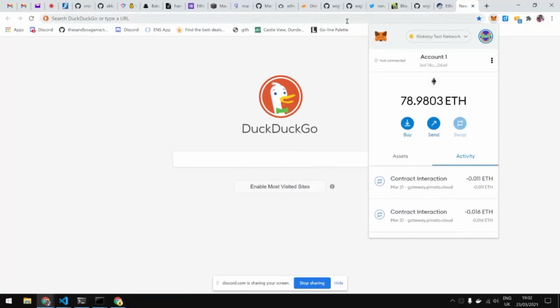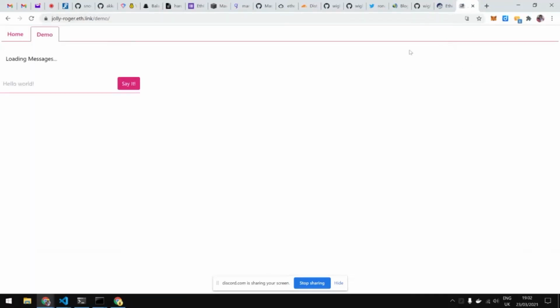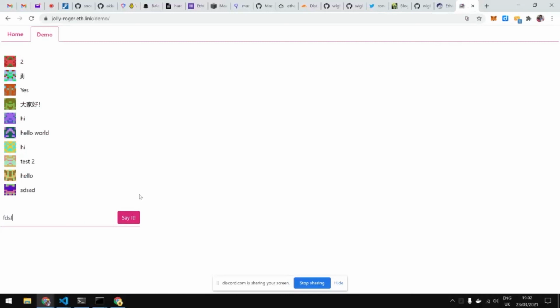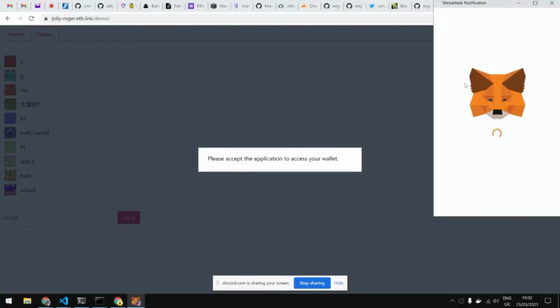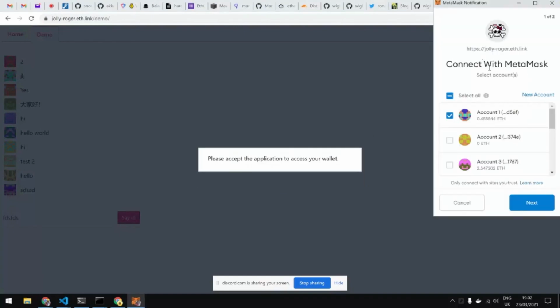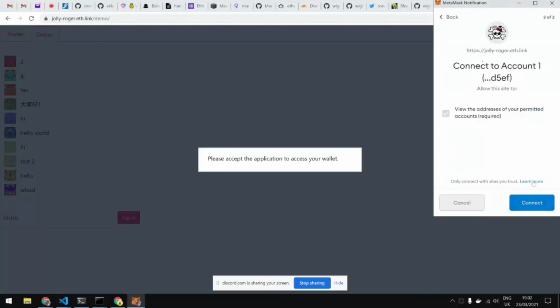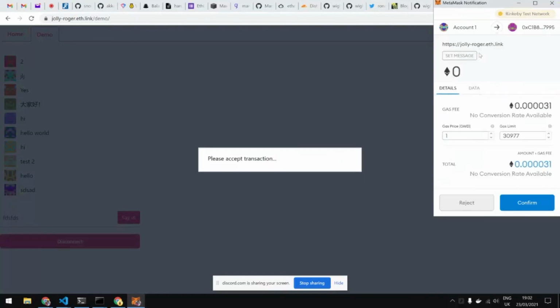Yeah, with Jolly Roger, you can also switch network at will. I could have shown that. But one thing is this. So let's say I will make this message. This is on Rinkeby. It asks me to connect. Okay, fine. I hope I have enough Rinkeby. That's it. Okay, cool.